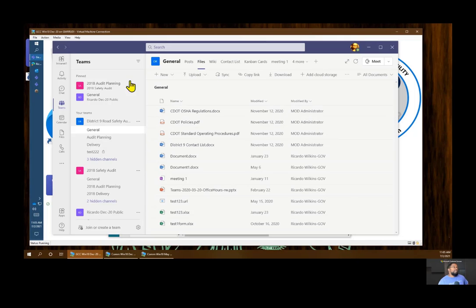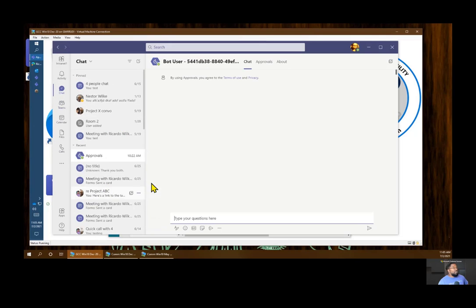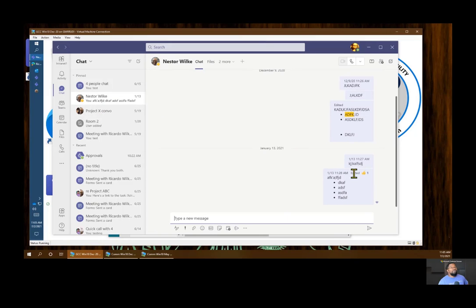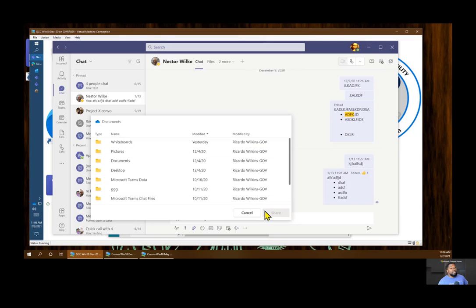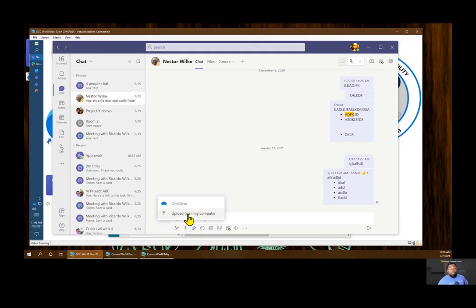OneDrive, from a Teams perspective, comes into play when I am in chat. So for instance, here I'm talking to Nestor and I am sharing a file with the little paperclip icon. It's using OneDrive. So no SharePoint is in play here. It's actually trying to make it nice and convenient for me to use my OneDrive here. I can click that and start navigating through my OneDrive documents. But I can also upload a file from anywhere on my computer. When I do that, it's still going to upload that to a special folder in my OneDrive